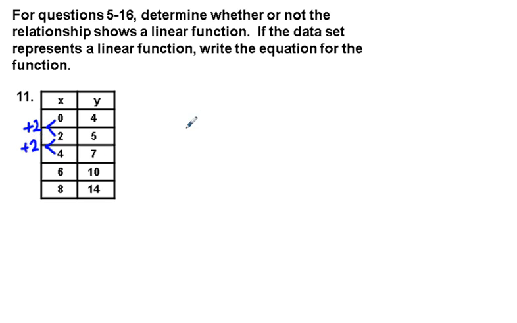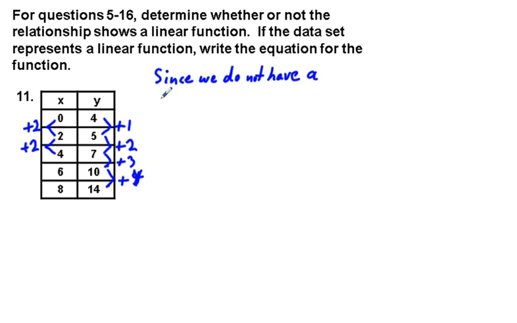as we go up. Now on the right side, we have plus 1 here, between 5 and 7, 7 minus 5 is plus 2, 7 to 10, 10 minus 7 is plus 3, then we have plus 4. So since we do not have a common difference,